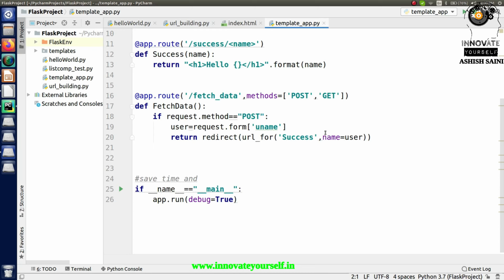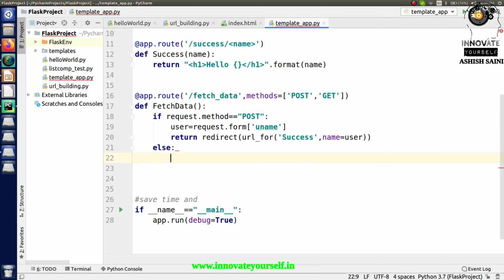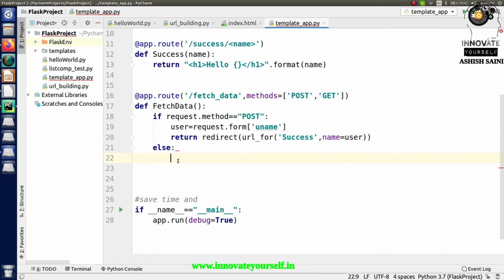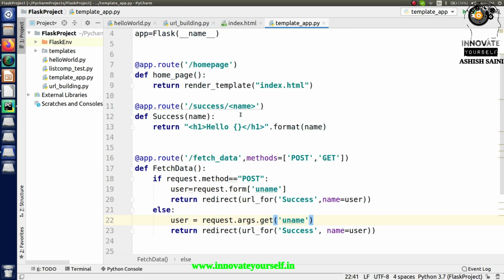But if in case that method is a get method, then I have to pass something else, and that will be like, let me just enter it, right? So let me copy this and paste it again, and so it will be like args dot get, and here I'd have to pass the normal brackets, not the square brackets, right? So this is what exactly I have to do, and by using this part you will be able to further call it, and you can further collect the values from this, right? So this is how exactly we can do it.